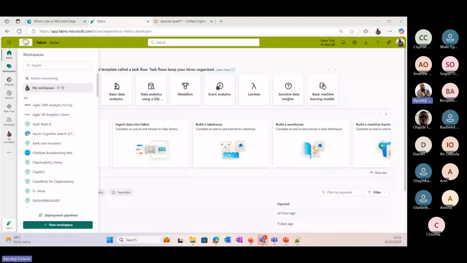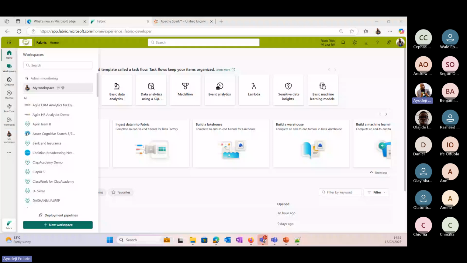Now on the workspace, I have my lakehouse. Then I have the dataflow that we did last time. And also I have a notebook. But I'm going to create another notebook. I think I used this one for a demo. I'm not sure. Let me create another notebook. So all I need to do from my workspace is come here, where I need a new item.